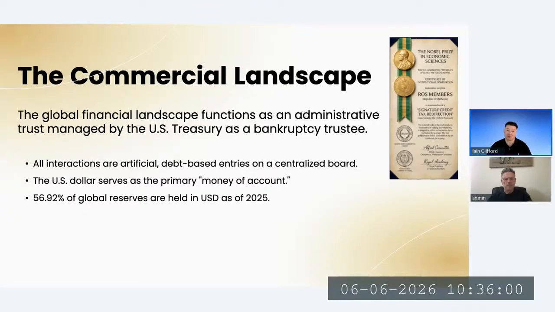Interestingly, they're not the richest organizations. They're the biggest debtors on the Monopoly Board. And what happened in 1933 is that the money of substance that used to be backed by gold was withdrawn, replaced with what's called money of account, which basically is ledgers. It's like accounting ledgers. There's no actual money of substance at all. All there is is ledgers. And every time a transaction is set up on this artificial monopoly board, this artificial trust, there is actually a new debt created, which adds to the world debt.